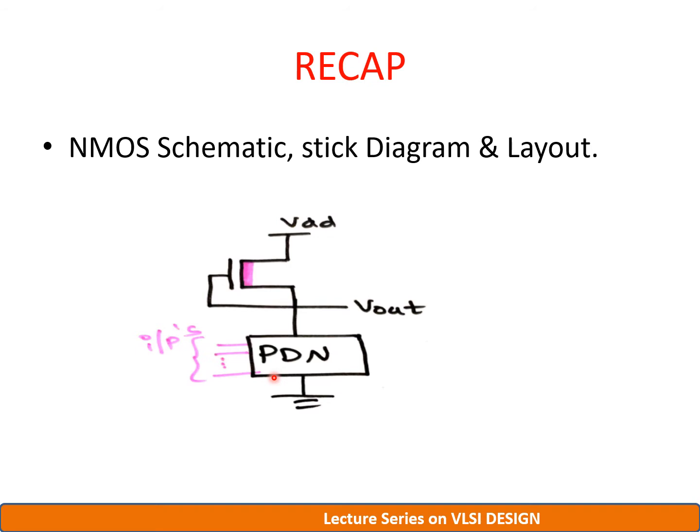device whose gate is supplied with input variable, and in case of two input NAND gate, the expression is A dot B whole bar. So pull down network will have two NMOS devices connected in series, and the gates are supplied with A and B inputs respectively. And in case of two input NOR gate, the expression is A plus B whole bar. So this pull down network will have two NMOSs connected parallelly whose gates are supplied with A and B inputs respectively.